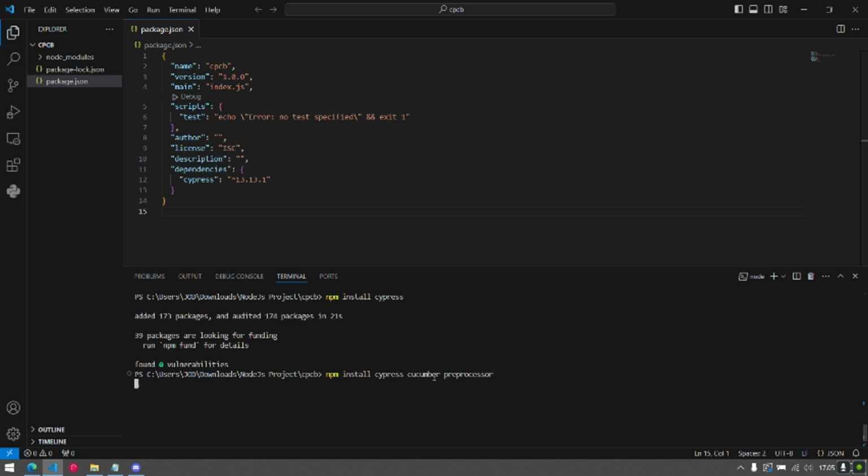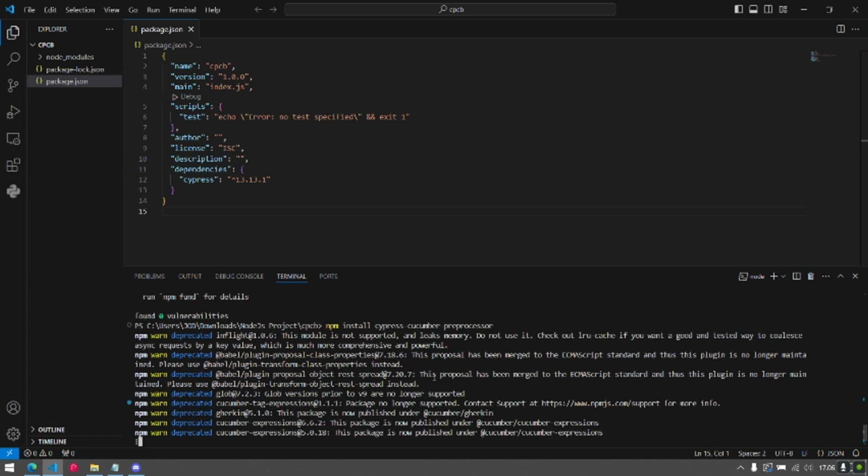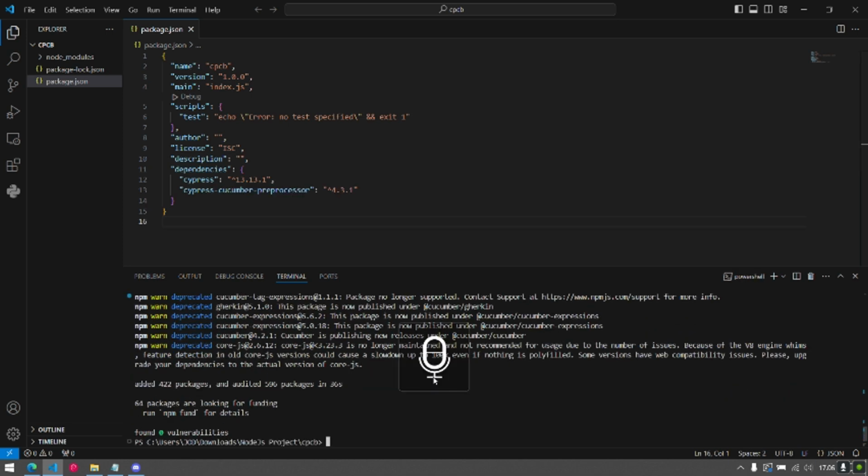Install it and wait again. Okay, it's done, and you can see here in our package.json file there's Cypress and Cypress Cucumber preprocessor.